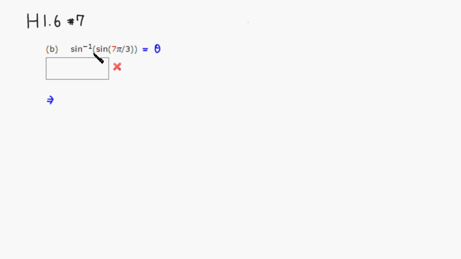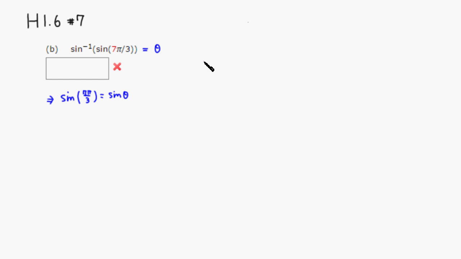This will give us sine of 7 pi over 3 is equal to sine of theta, right? And remember that because of the restriction, the range of arc